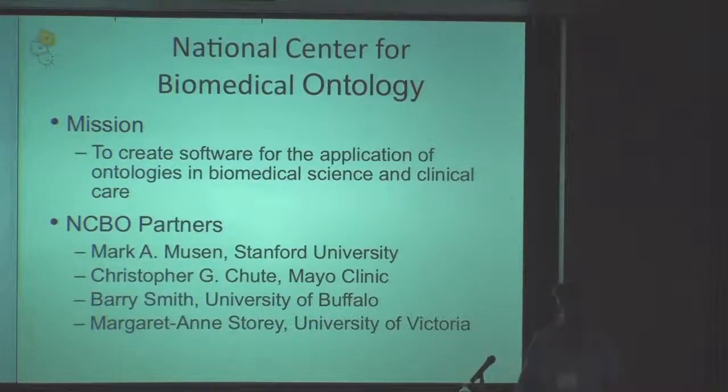For those who are not familiar with NCBO, I just wanted to point out that the mission of our center is to create software for the application of ontologies in biomedical science and clinical care. Our main partners are our PI of NCBO, Mark Musen at Stanford University, Chris Chute